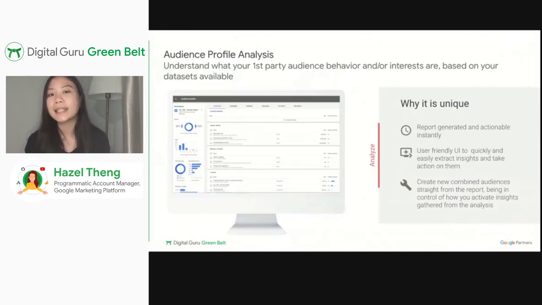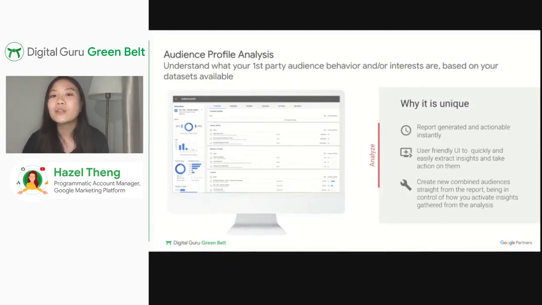So you can actually select a seed audience, which is a first-party list, and the tool will essentially show you what other first-party, Google audience, or third-party audiences overlap against that segment. So this is really a great tool for audience profiling. Say, for example, you have a beauty product, and you have found that your beauty product users are also interested in fashion, or are dog lovers, for example, or they're interested in award shows.